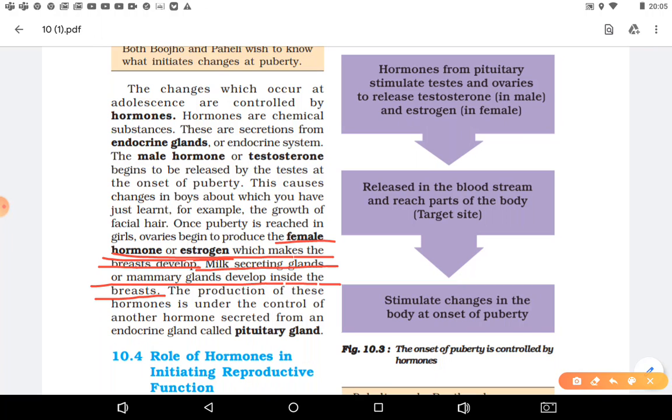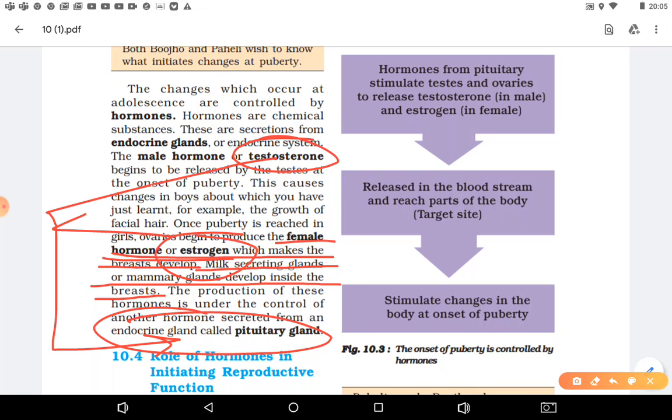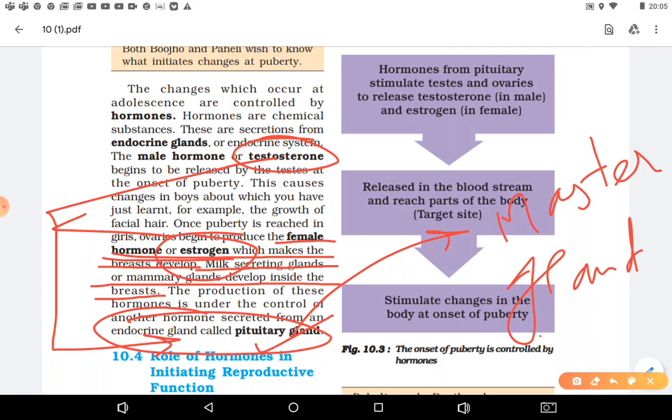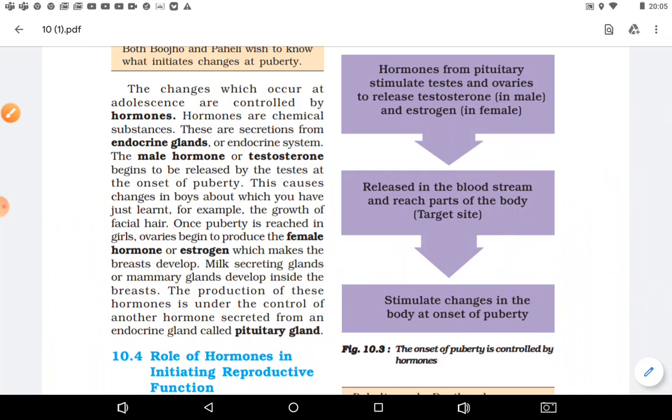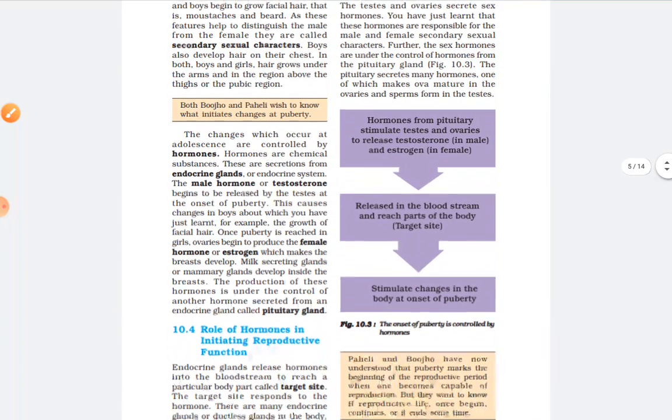And all these things, this testosterone and the estrogen, both of them are under the control of another hormone which is secreted from the pituitary gland, ठीक है. So pituitary gland, we can say, is known as a master gland in our body. We will study why it is known as master gland, because this gland, pituitary gland, secretes a large number of hormones, okay. Now they have given here